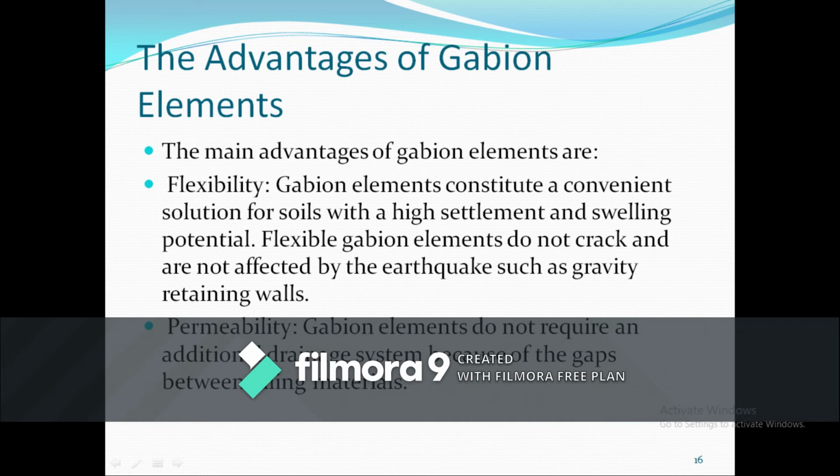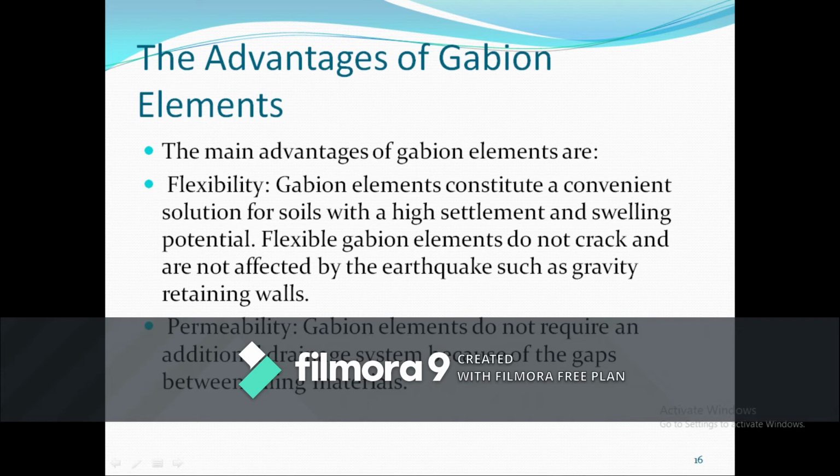Because of all these properties, they give support to high settlement, and they will not allow the swelling potential of the elements. Because of that, and as it doesn't allow cracking, and as it creates an earthquake resistant structure, these gabion elements are used. Next one is permeability.